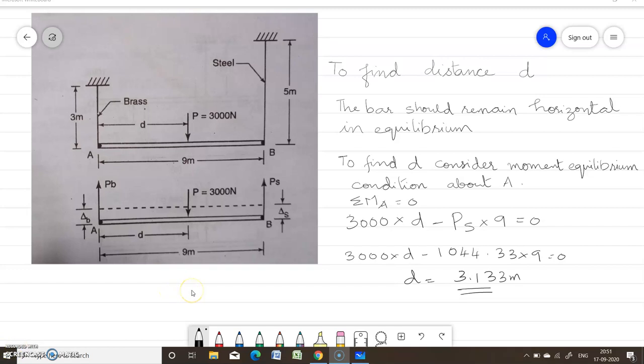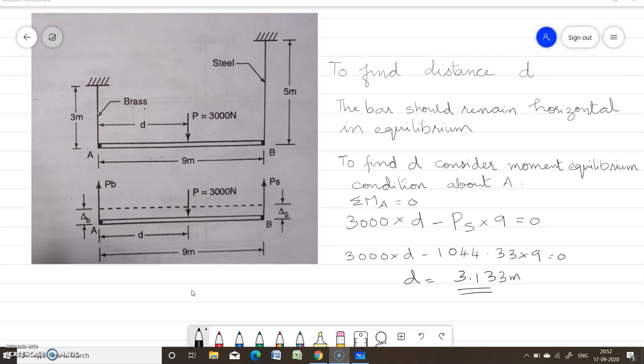So we have seen that in order to solve indeterminate structures, we can use compatibility conditions. You can use static equilibrium conditions like sigma H equal to 0, sigma M equal to 0, sigma V equal to 0. And what does the compatibility condition mean? The deformation condition, that is, the elongation may be the same. If it is in equilibrium, the deformation should be the same. So we have studied in the last two problems how to solve indeterminate structures.